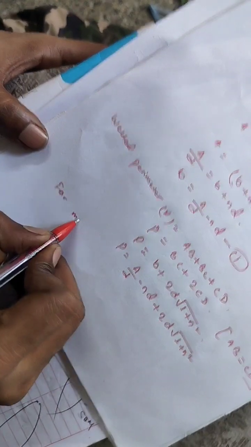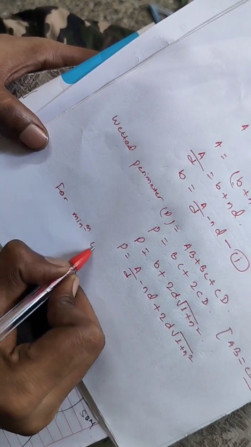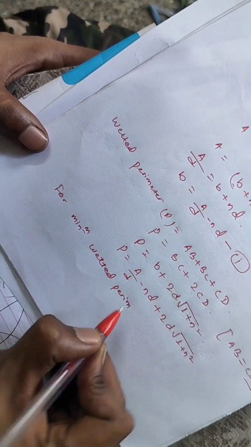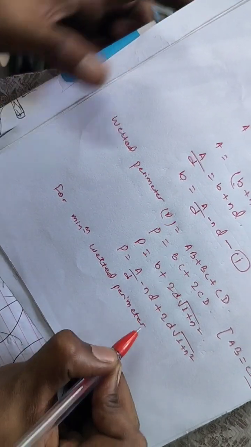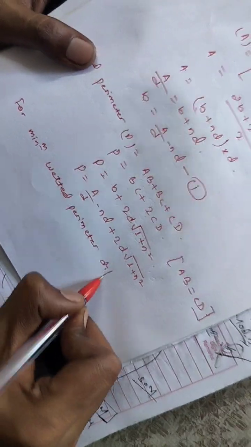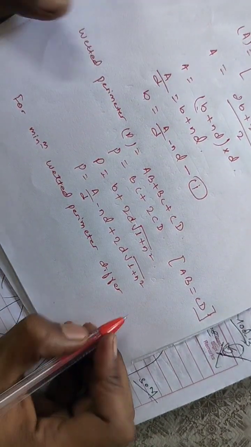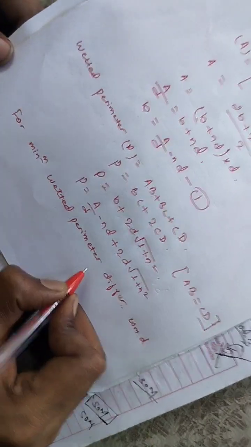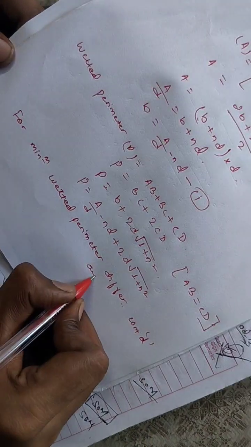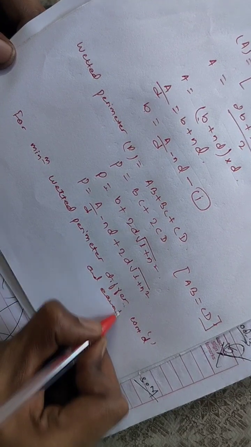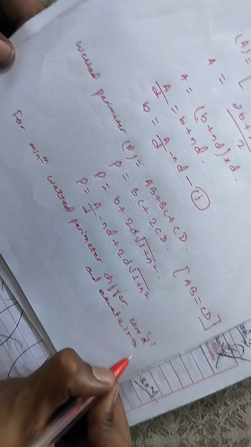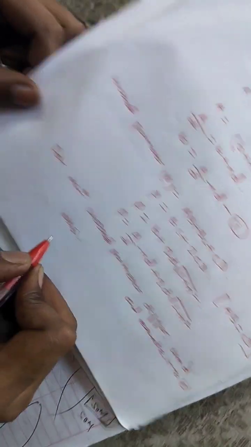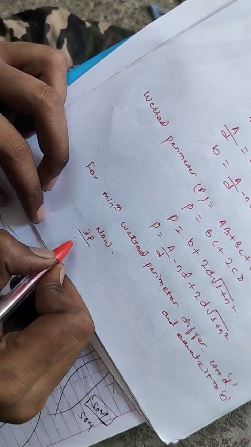For minimum wetted perimeter, differentiate this equation with respect to D and equate it to 0. Now dou P by dou D